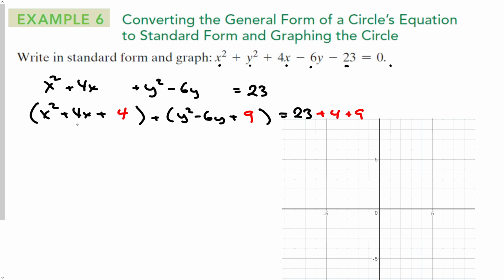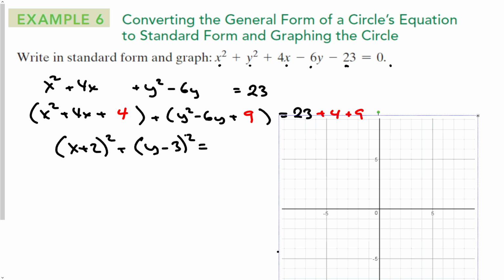Now, this trinomial in the beginning is a perfect square. It happens to be x plus 2 squared plus, and the second trinomial is also a perfect square. That was the point of completing the square, to make it a perfect square, so that way I can factor it. Y minus 3 squared. And that's equal to 23 plus 4 plus 9 is 36. And look how nicely that worked out for us, okay? Because now